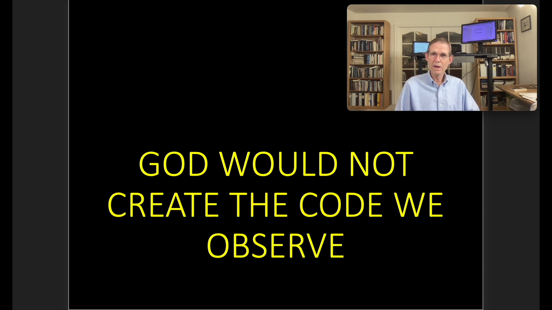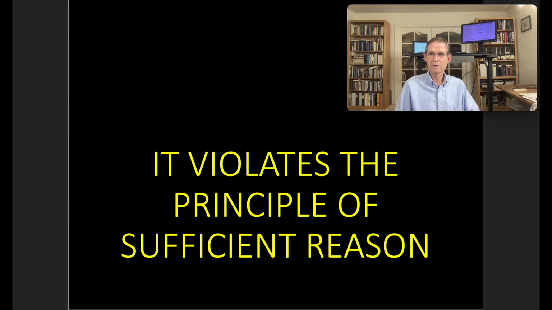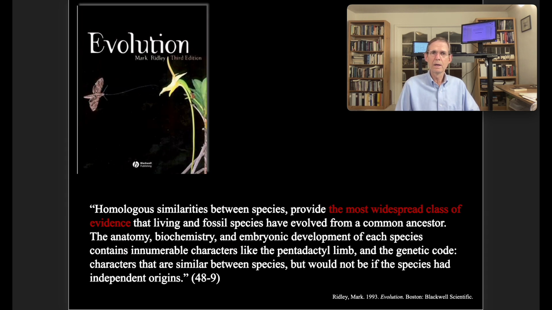God would not create the code we observed for those reasons, for those premises. It violates the principle of sufficient reason for God to have created this code. This is a very powerful argument. Back to Ridley, homologous similarities between species provide the most widespread class of evidence, and I would add the most